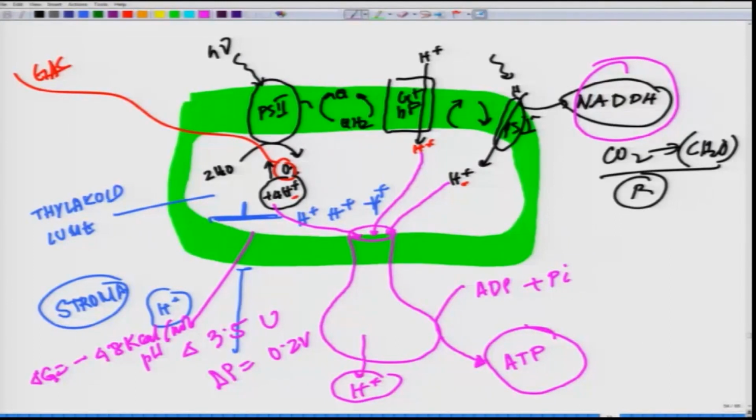About 3 protons flow from CF1 to CF0 complex per ATP synthesis, which corresponds to a free energy input of 14.4 kilocalorie per mole